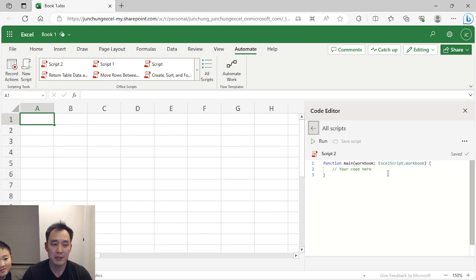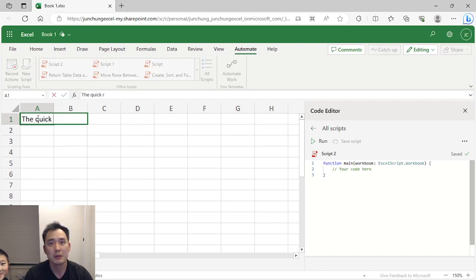By the way, I apologize for the small font. I haven't figured out how to increase the font on this code editor, so just bear with me. Yep, so there you go. I will retype. Okay, quick brown fox,